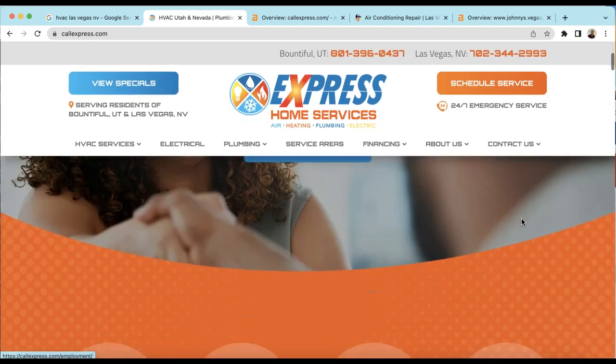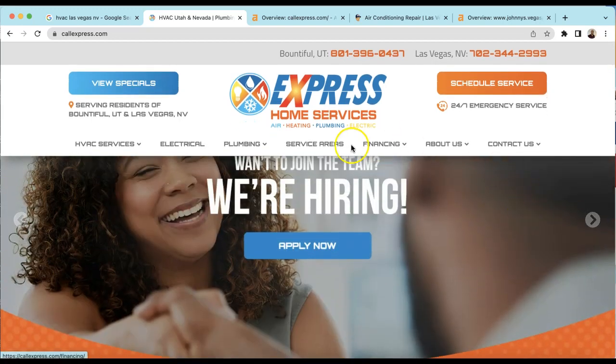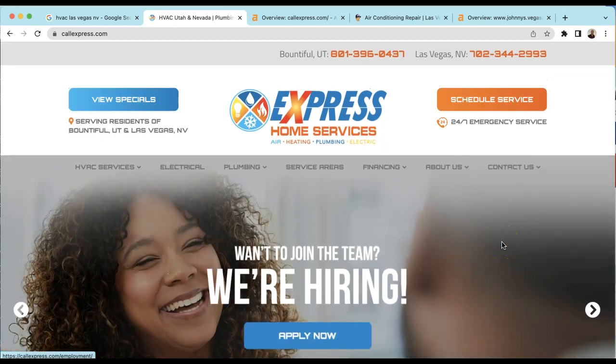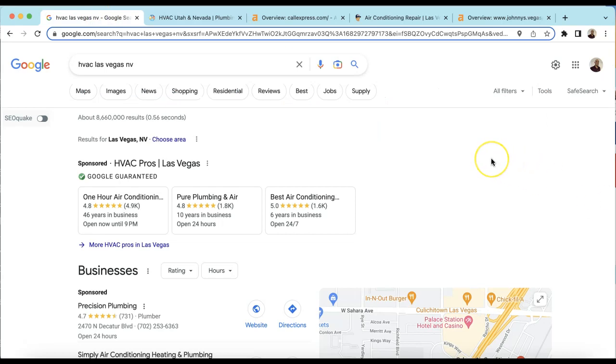You've got a nicely laid out website. You can tell what you guys are about. You've got your pages right here. But it's really about doing research, seeing what your competitors are doing, and changing some things on the back end of your website to outrank them and get more on the top of the page of Google. So speaking of Google, if I was looking for your services in Las Vegas, I might type this in,